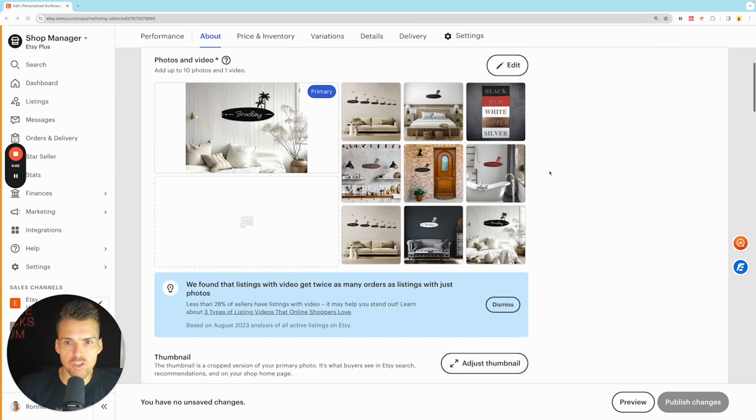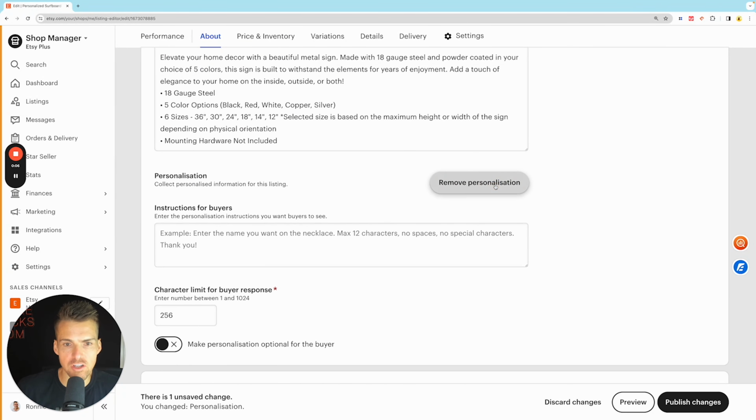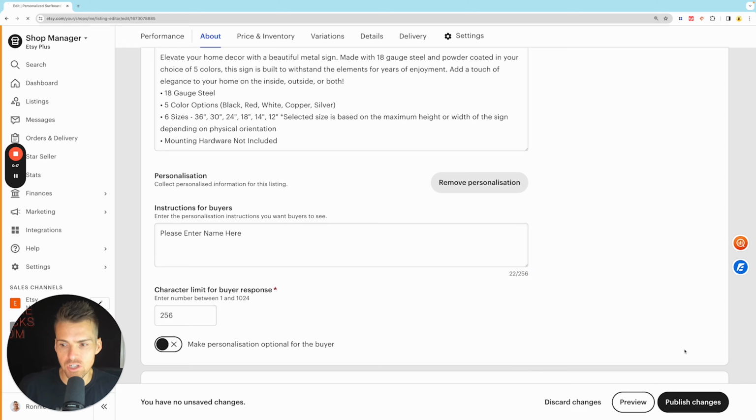One last thing you want to do with your listing on Etsy is to make sure your personalization is turned on in order for them to personalize it. How about that? So put in there, please enter name here, and then co-publish those changes. So there you have it, a fully automatic personalized design that goes straight through the T-Launch with the customer's details on it. If you want to know how to optimize those listings on Etsy though, make sure you watch this